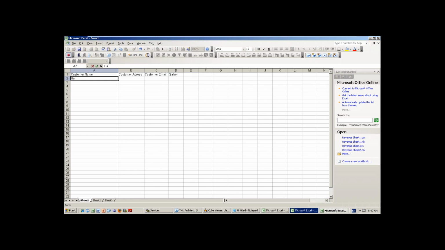So you put here Hari, Raghava, Raju, Ravi, Hyderabad, Chennai, Mumbai, maybe some other location.